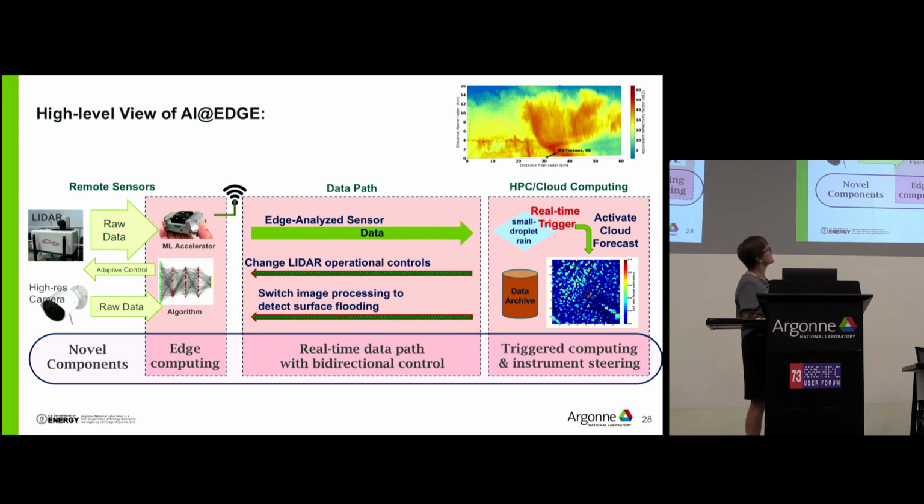There are a lot of pieces that go on here, but as you're collecting the data, you want to be able to use your other things like your cameras. So we want to detect cloud cover, percent cloud cover, what's going on, and use that to interpret our data and change the algorithms we're using, possibly switch what processing you're doing. Maybe you've got enough data that you want to start looking for fire or floods.